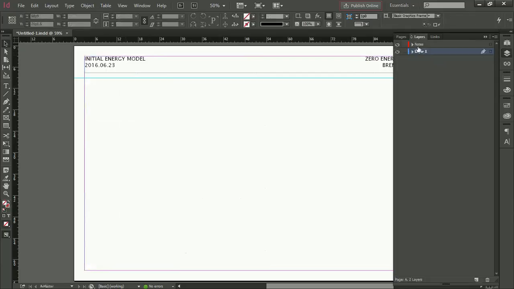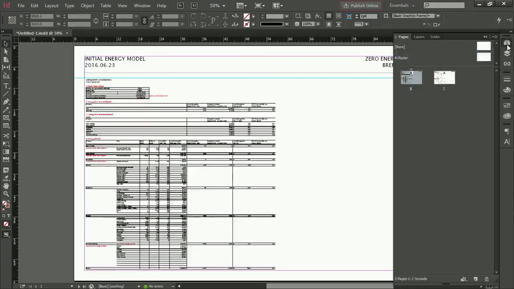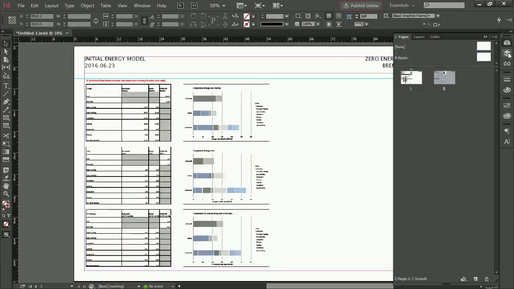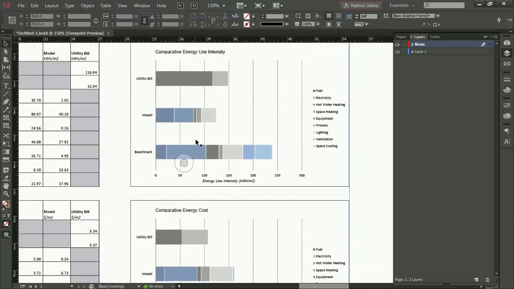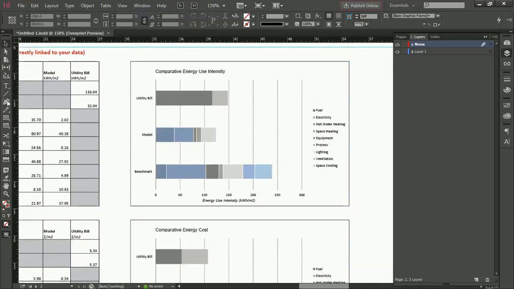So on my notes layer, I would like you to make sure that you do a really good job of annotating these. And so, for instance, one way of annotating would be to go to View, Overprint Preview, so I can see these a little better. And I would expect that my utility bill and my model and my benchmark should all have about the same fuel use. But you can see that this is the fuel use, the dark gray, and the fuel use in